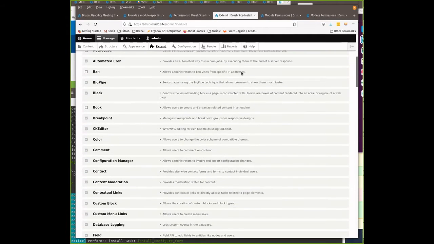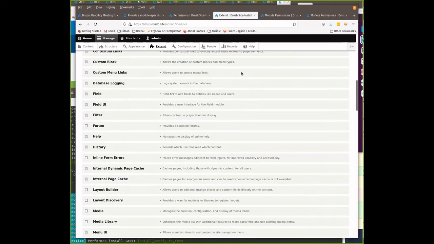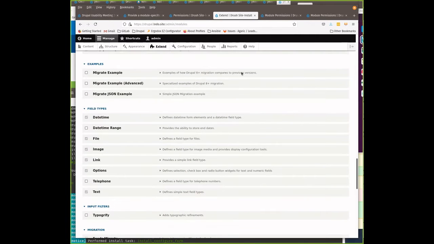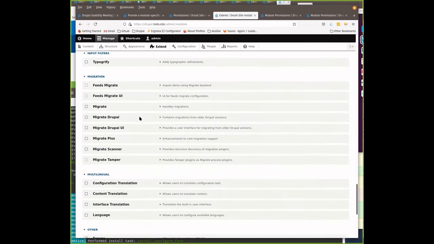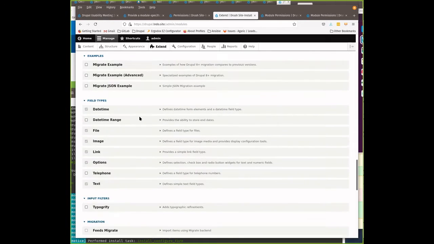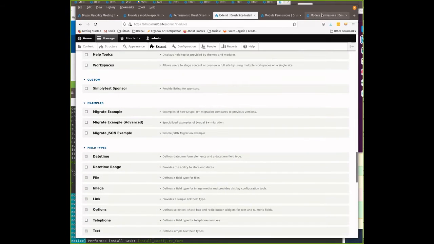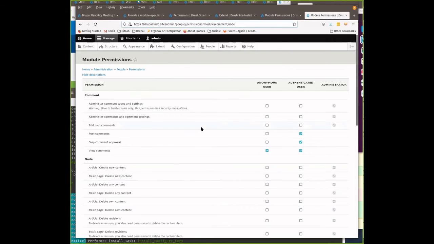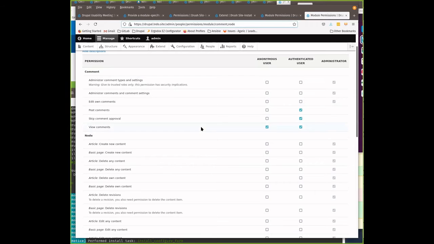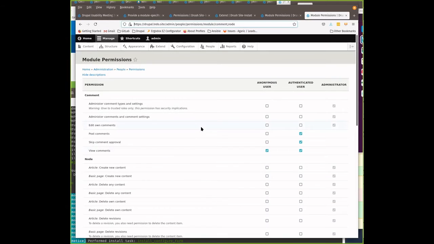Let's go to a contrib module. I don't think I have any contrib modules in here. Okay, just look at the module permissions. So the form that you've added, essentially, from anything. Well, we've got comment and node modules in this tab. Okay, so looking at the comment and node modules,